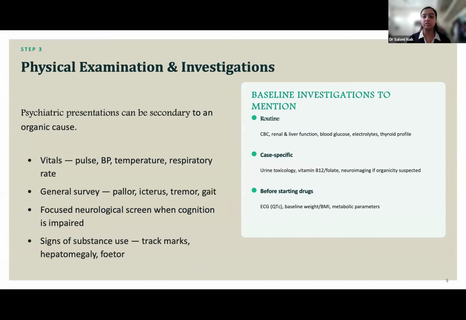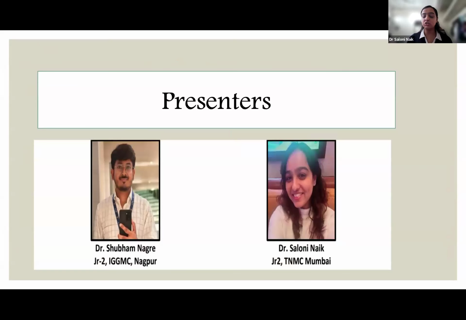So the mother, she herself is a teacher, so she was able to understand what the problem with the kid is. And when I explained the medicines to the mother, they were willing to give him the medications because of the inattention. I explained that because of the inattention he is performing poorly in academics. Otherwise, overall he does not have any difficulty in comprehension or any problem-solving skills. So the mother understood that pretty well, and then she also took a prescription of methylphenidate that we had started for the patient.